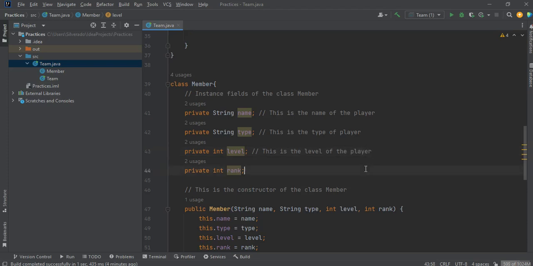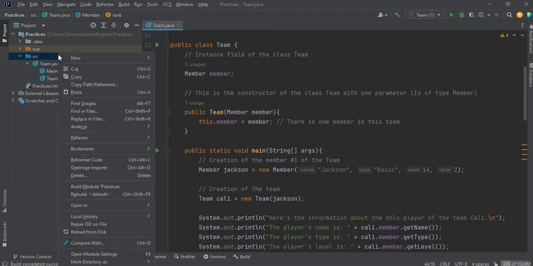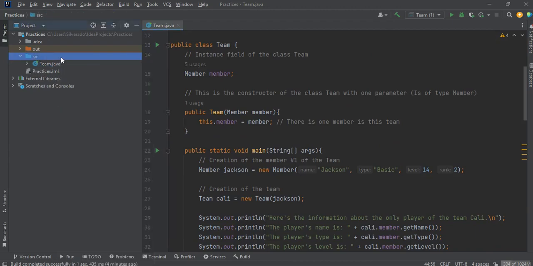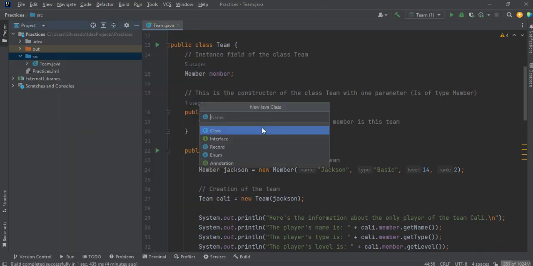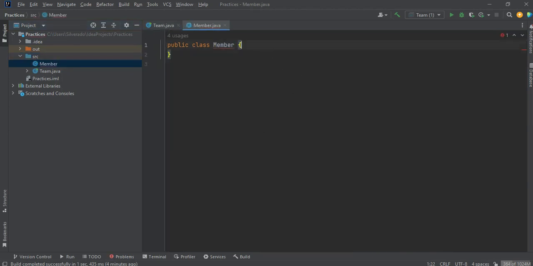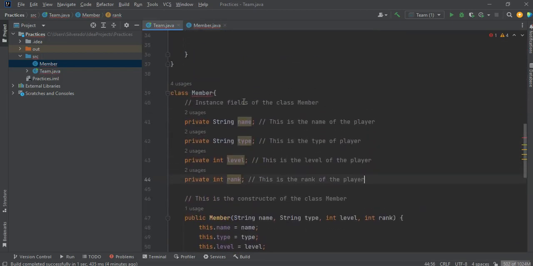And this is the rank of the player. So what I'm going to do here, we're going to create in the source folder a new Java class. We're going to name that Member. Now here we got an error because we haven't defined anything, and we got errors because, let's see the error,